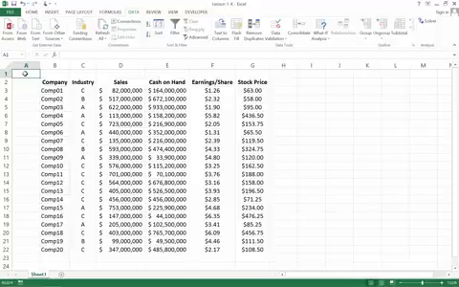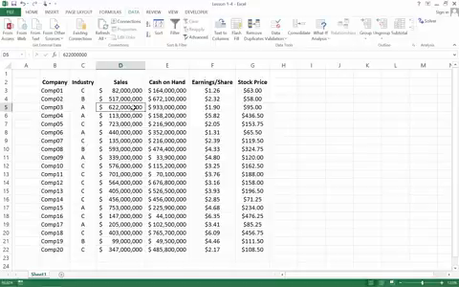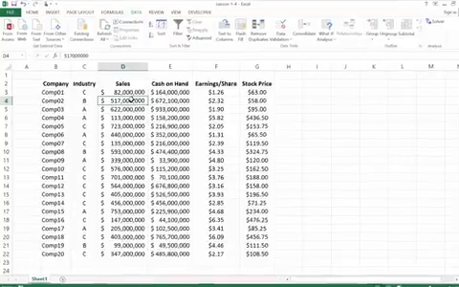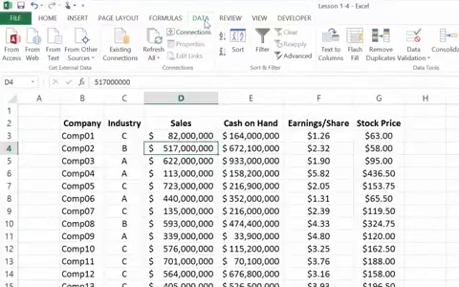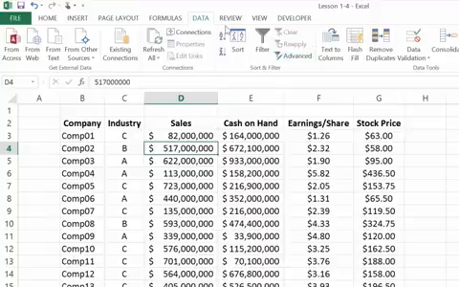So the first thing we're going to do is sort this data based on sales. Now, to sort any table in Excel, the first step is to just select somewhere in that table so that Excel knows that's the table we're going to work with. In this case, because we want to sort on sales, the easiest way is to select a cell that's in the sales column, because that'll tell Excel this is the column that we want to sort. Now, I've already opened the data tab here, but all of the sorting features are available here in the sort and filter area of the data tab in our menu scheme.